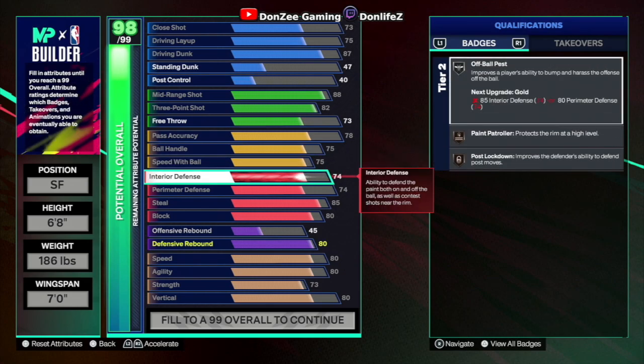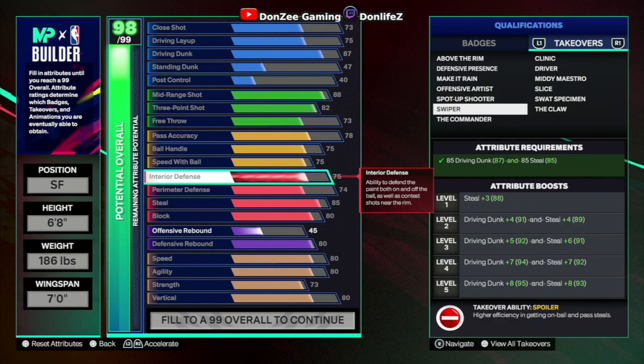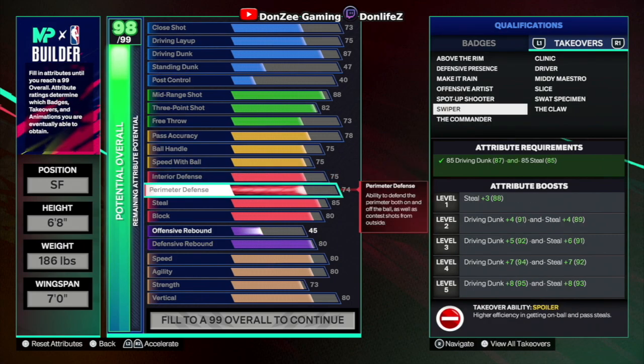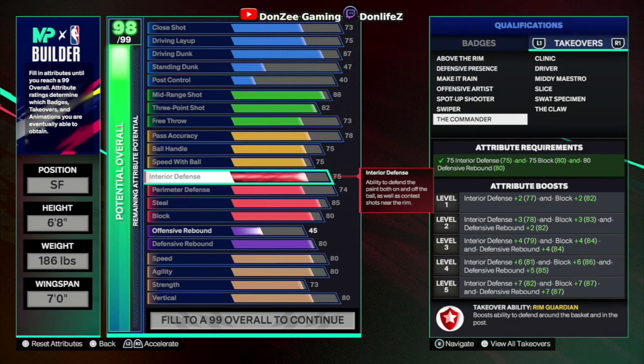Once again, I said you could have went 74. It doesn't take away any badges, but we go up to takeovers. 74 is the difference between getting this takeover right here. Put it to 75. You see the commander popped up. Oh, my controller dying. But that is a takeover for, say you're on 3s or something like that, and you